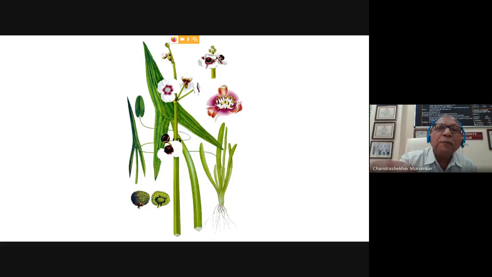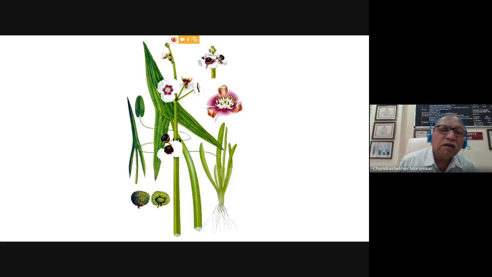Now towards the upper right corner, you can see the single flower, which is showing the 3 persistent sepals, which are petaloid. And then it is showing the pink coronal lobes. At the center, you can see the many stamens, which are free, where the filament is short and the anther lobes are placed laterally. And then at the center, you can see the styles, which are yellow in color. So this is a diagrammatic sketch of a plant. This is the plant Sagittaria.